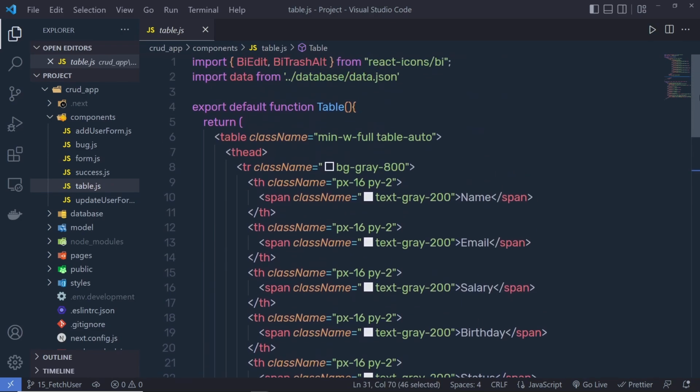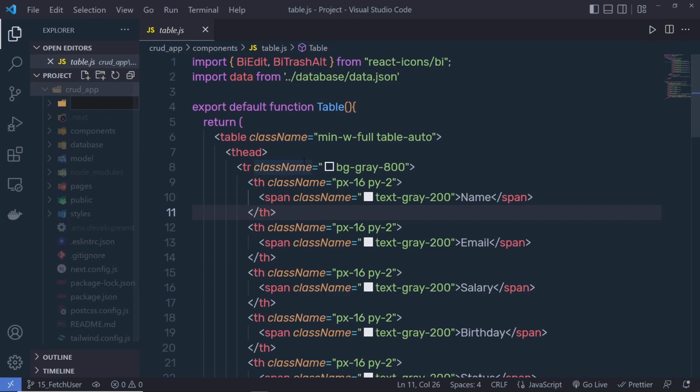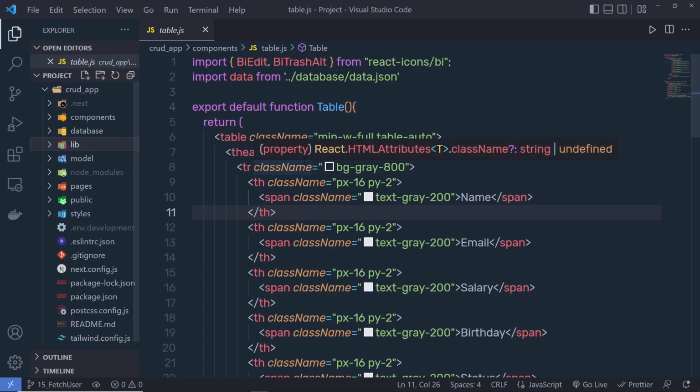Now I want to get this data from MongoDB. So what I have to do is fetch that data and then return it. For that, we can use the fetch function of JavaScript. So instead of adding that function inside this component, I'm going to create a new folder for that. Inside this project, I'm going to create a new folder, name this folder lib, and then inside this folder, I'm going to create a new file,